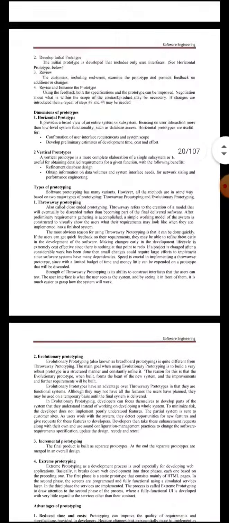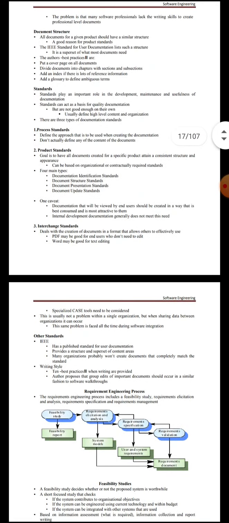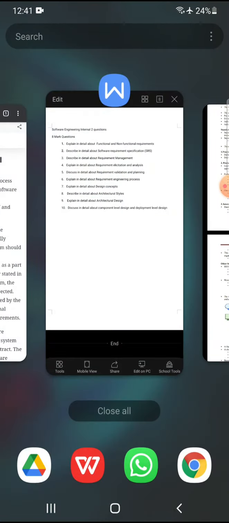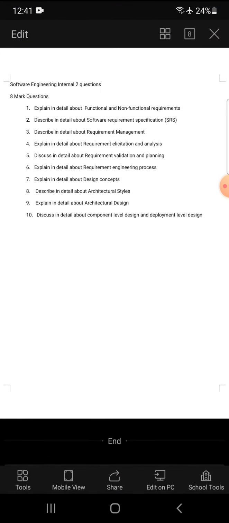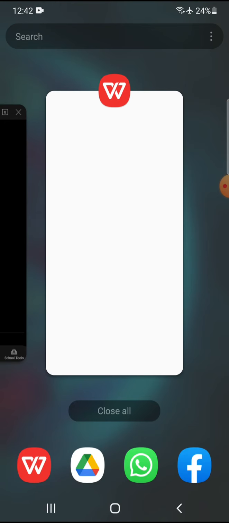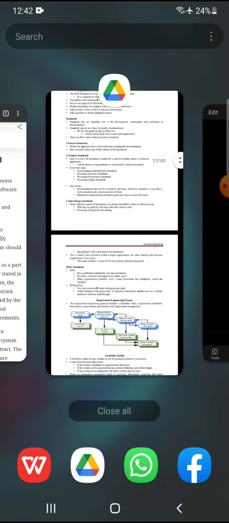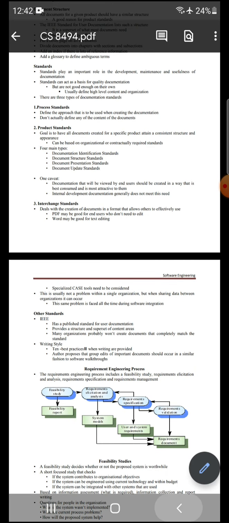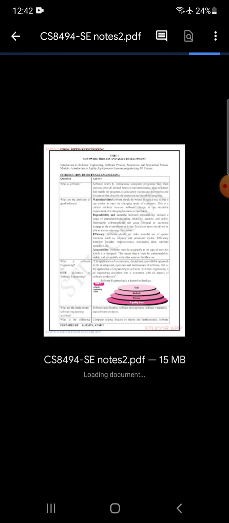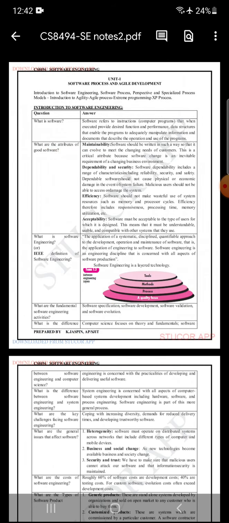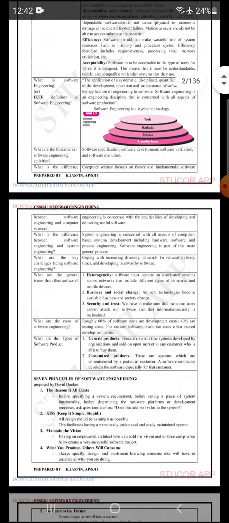And you can also check the same in other PDFs, like the PDF which was given in the Stucar app. Okay, let us see where it is. Okay, this was a PDF given in the Stucar app, and you can find all the answers in this PDF itself. Almost all the answers you will get in this PDF itself.